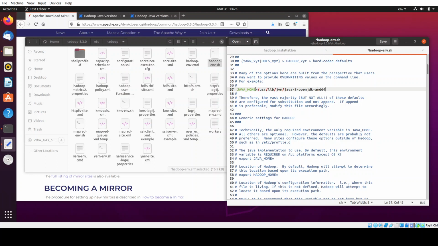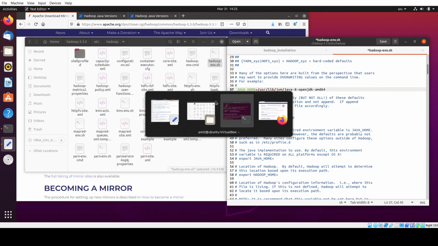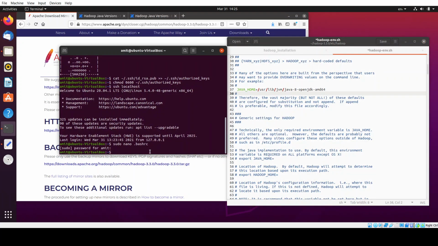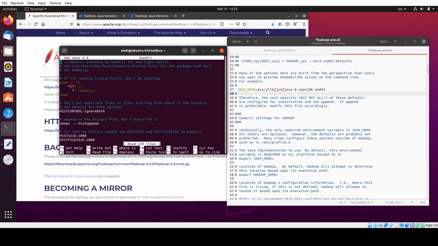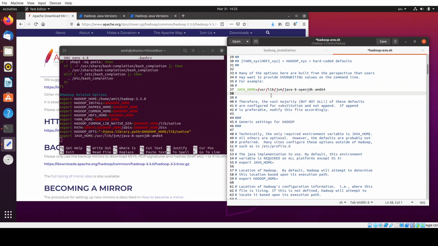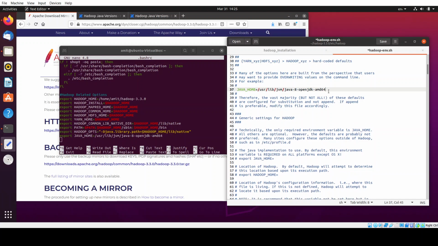Now you need to specify the JAVA_HOME. You'll have some values over here. Just remove them and then paste the Java home. Now, what value would you use over here? For that, we will open sudo nano ~/.bashrc and go to the bottom, and you'll find this value. You need to have the same path which you specified over there. Copy this one and paste it in front of JAVA_HOME=, and save the file.